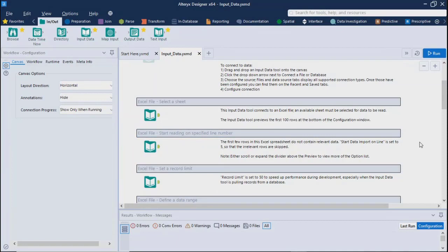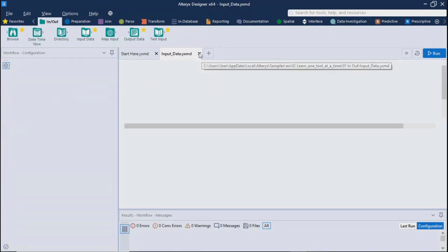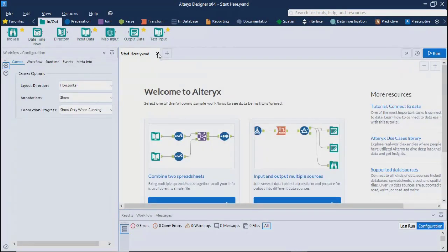Yes, please go ahead. I was asking how this is coming. Yesterday we just dragged the input data and connected it with the tables, the Excel table. Right now all the information is coming. How is it coming here? No, there is a difference in both the things you are saying.